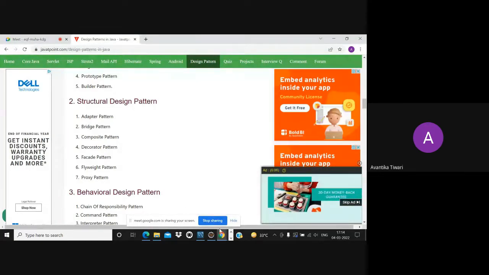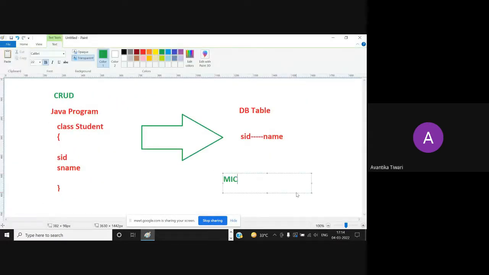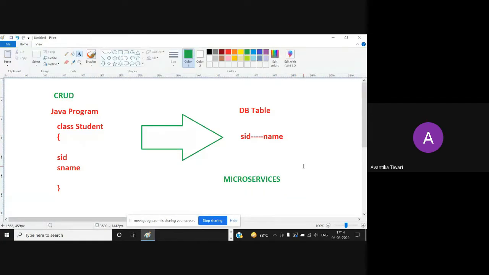One such design pattern is called as microservices design pattern. Even if you look at Netflix, that also follows microservices design pattern. So the advantage of microservices design pattern is you organize the whole project in small parts.